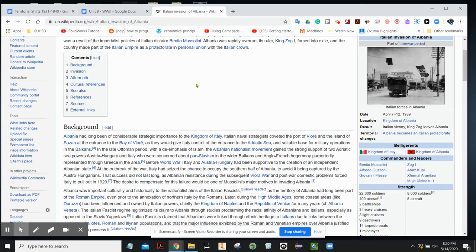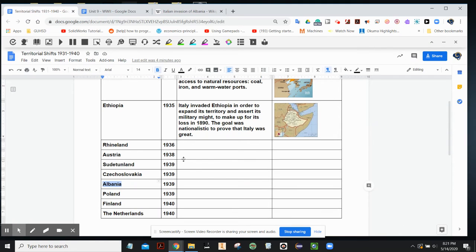So when we begin to understand that, we begin to see the pattern. We want territory to express our cultural dominance. We want natural resources to feed our industries, and we want strategic positions to control trade. And that is what we still fight for today. So I'm going to argue that we can go back here and we can go to Albania, and